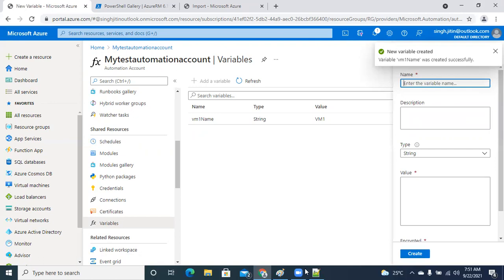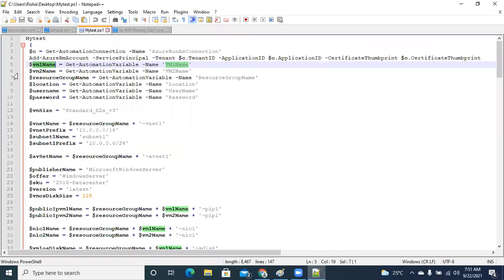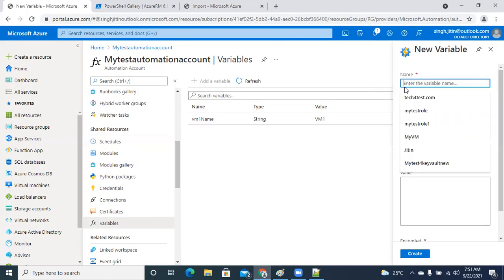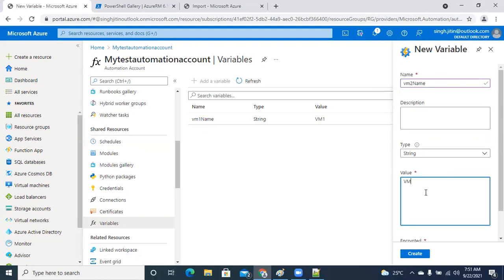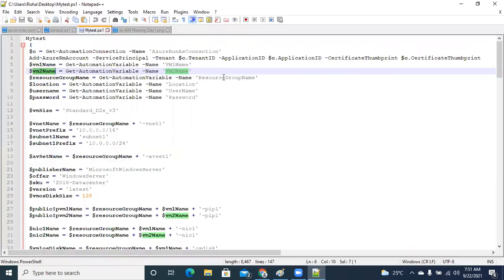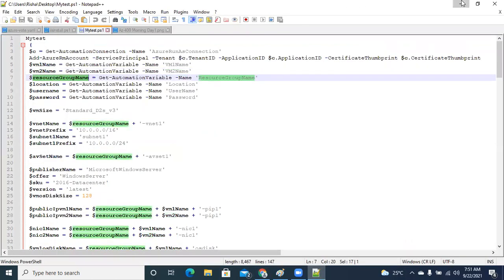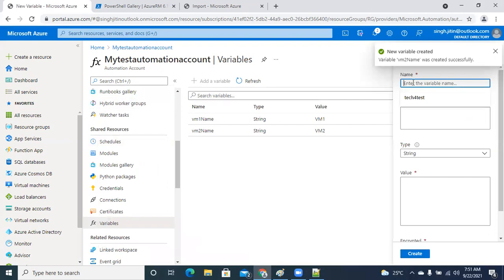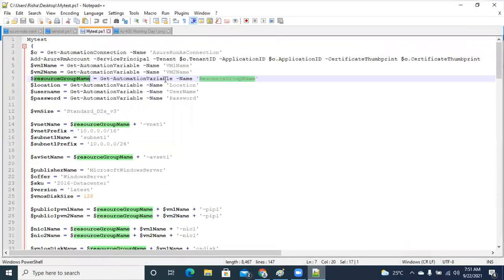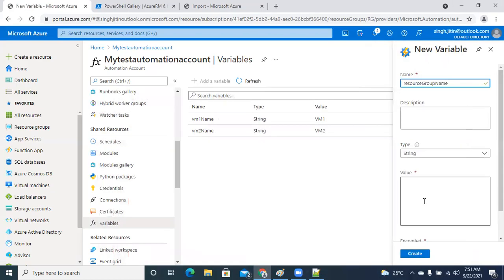Let me give another variable over here, that is VM2. I'm giving VM2 over here. Let me give a resource group name. Let me give a name, let's say my resource group.